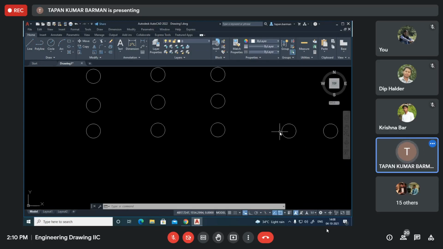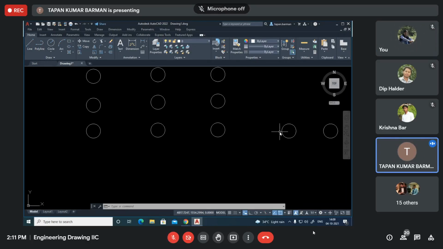But it depends on your drawing. You have to see the object, and depending on the object, you need to select the base point so that it helps you when you try to place the object. Is the point clear to you? Please respond.